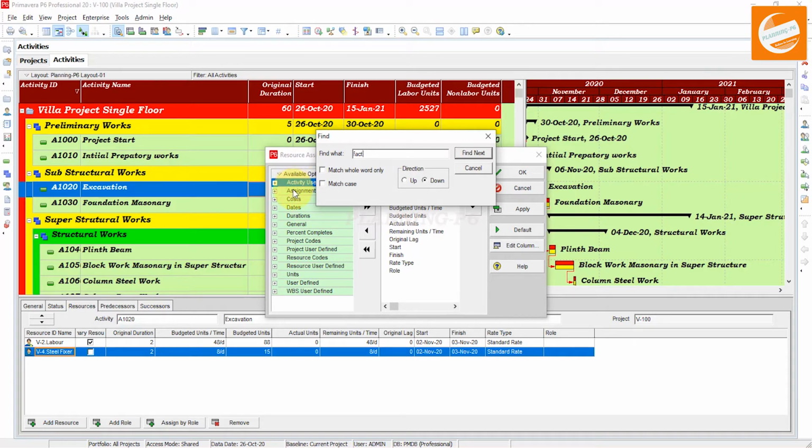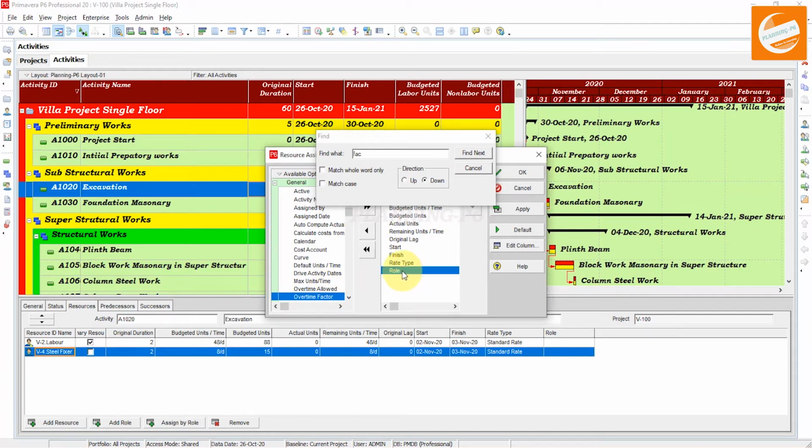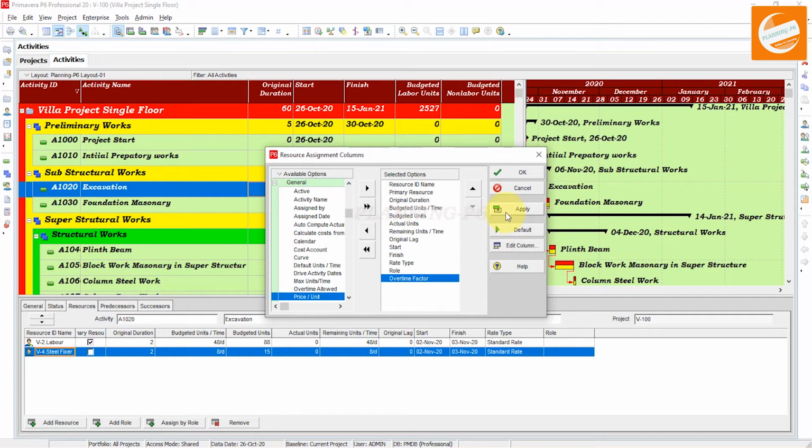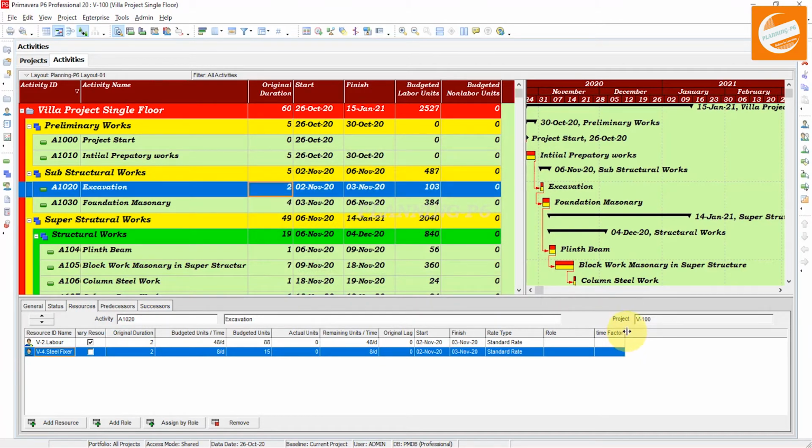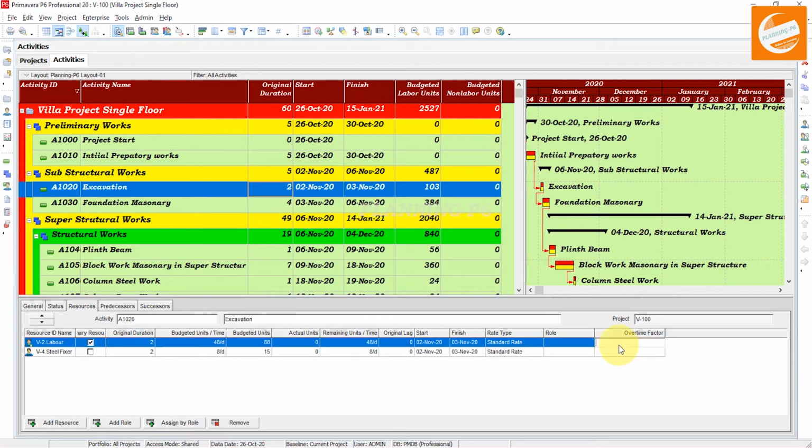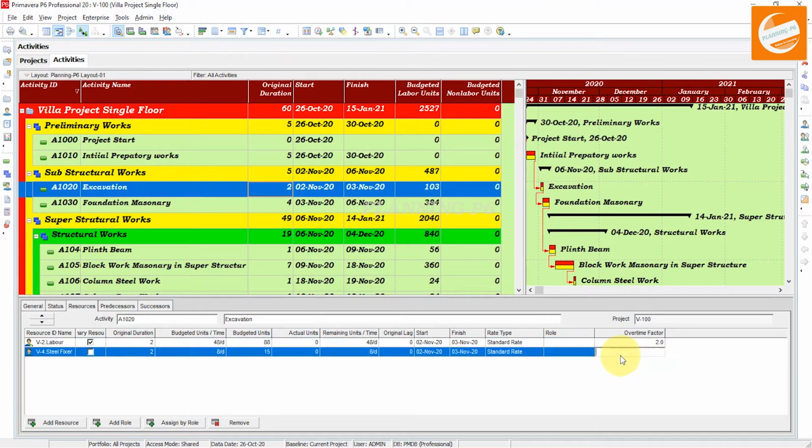And on overtime factor, I have already uploaded a detailed tutorial on it. You can watch, and for the detailed overtime assigning and each and everything, you can follow those steps. I just show you here. For example, the overtime factor is 2.0, and here as well 2.0.